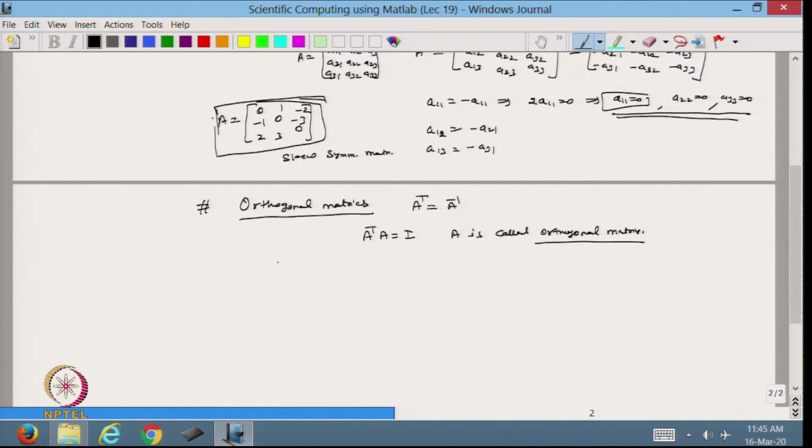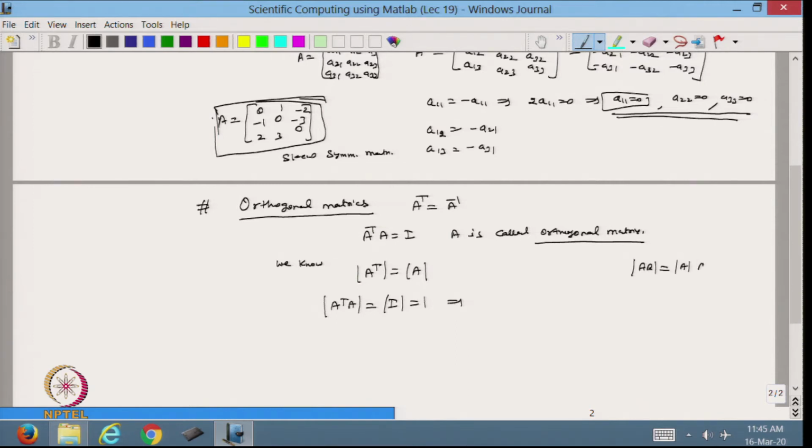We also know that the determinant of A transpose is the same as the determinant of the matrix. So from here I can write that the determinant of A transpose A should be equal to the determinant of I, that is 1, and I know that if I have two matrices A, B,